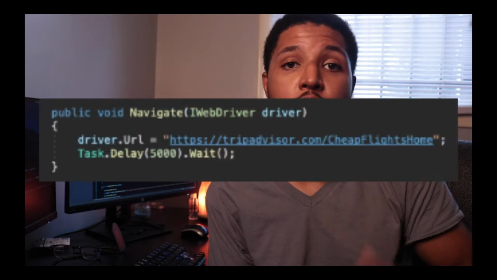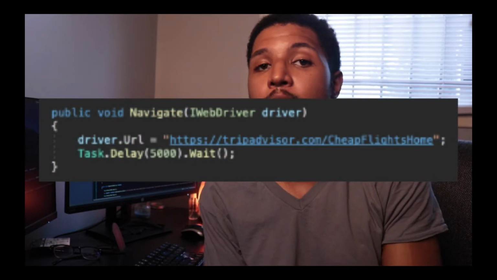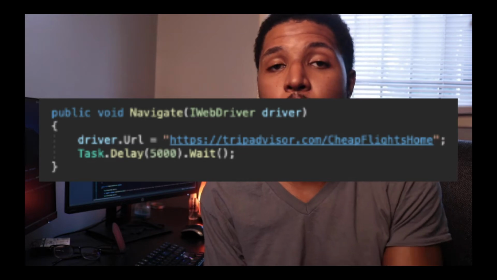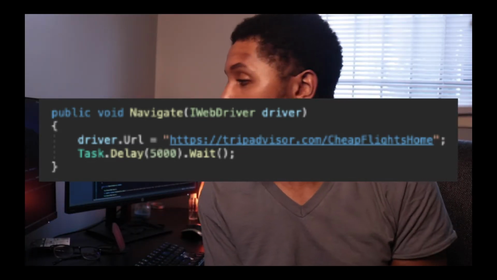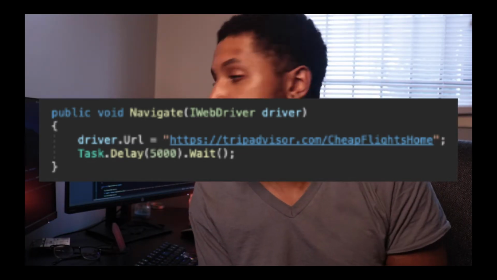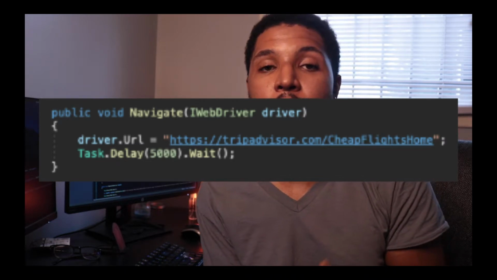And once we've created and instantiated a driver for whichever browser we want to use, we want to go ahead and use that driver to navigate to the URL of whichever website we want to interact with. So in this case, driver.Url is the property, and then we can just pass it any URL that we want to navigate to. And then this Task.Delay 5000 basically is just saying wait 5 seconds,